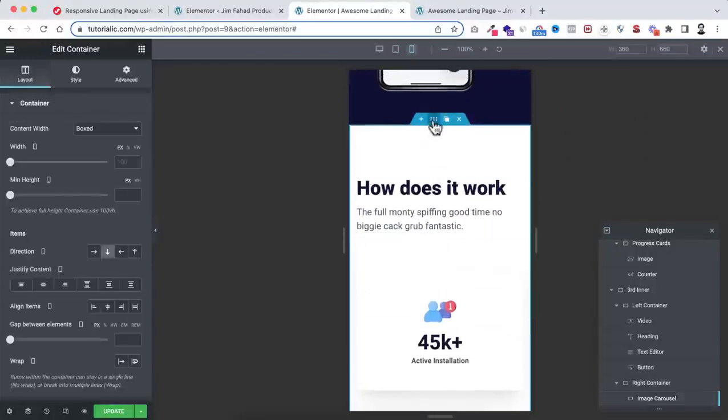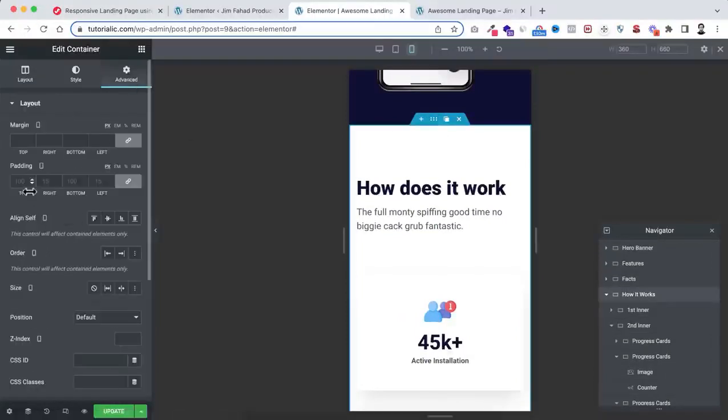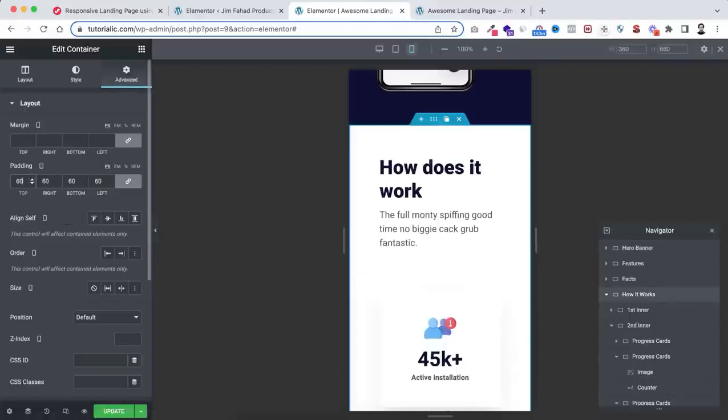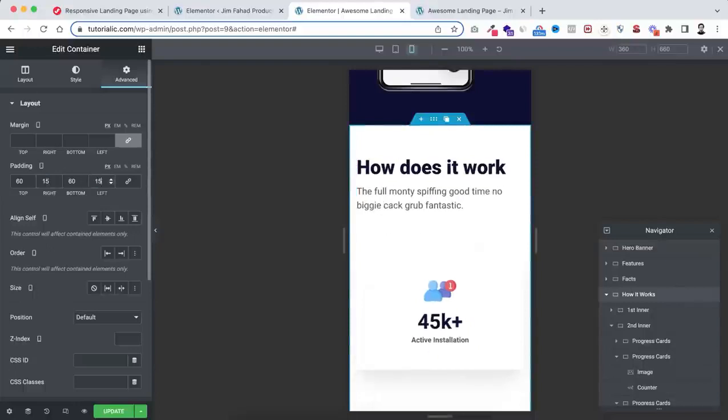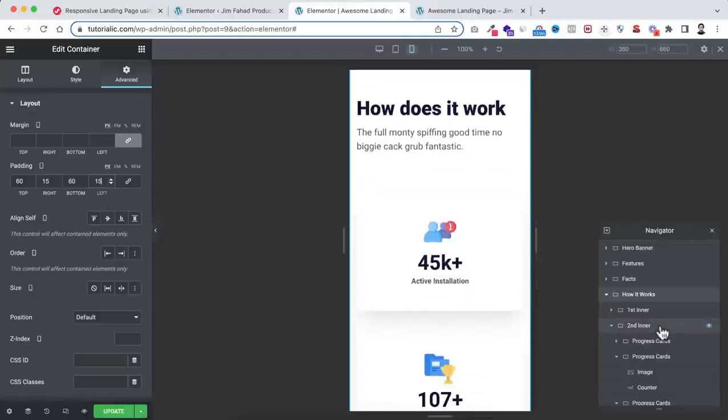So select the how it works main container, go under its advanced tab, and here first making the padding to 60 pixel. Now unlink it at the left and right, I'm making it to 15 pixel like this. So our first inner is looking great on mobile device, but with the second inner, let's select the second inner,